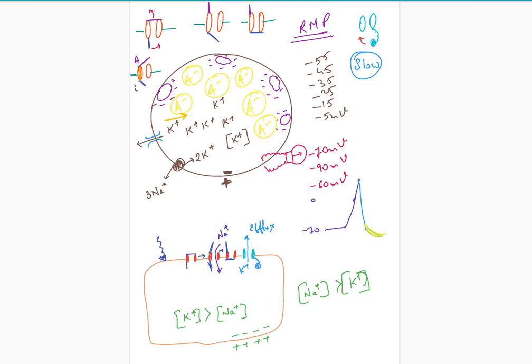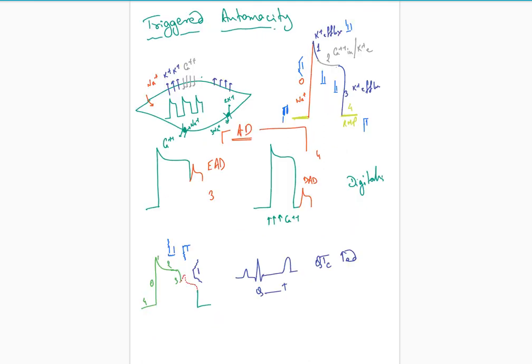So here I was telling a few facts about the membrane potential because he forgot it, but anyway this is very basic physiology. Next thing we talk about the triggered automaticity. So 3 points were there. One was your increased automaticity, one is triggered automaticity and re-entry. So let's talk about what is triggered automaticity. So this graph, are you acquainted with this kind of a graph? That first there is a resting potential if you look at the right hand side.